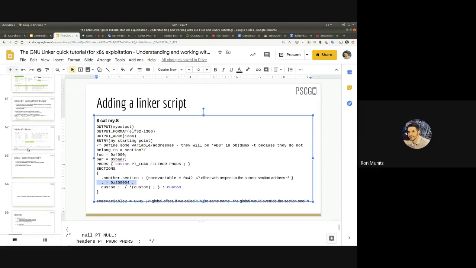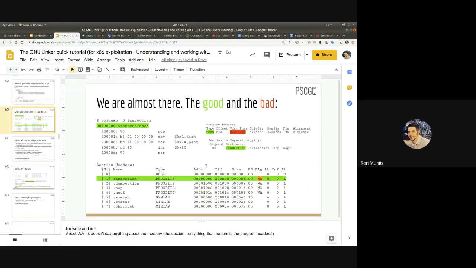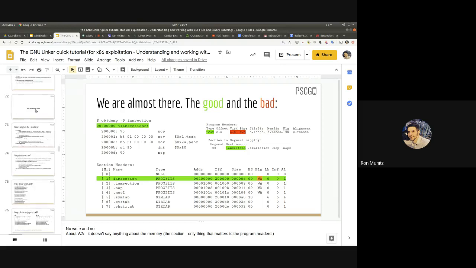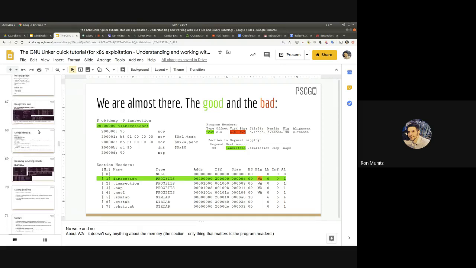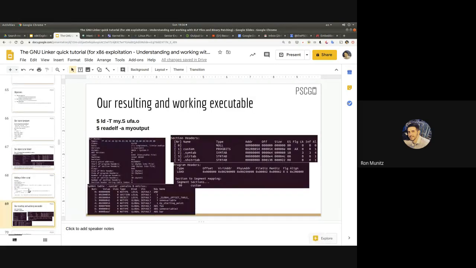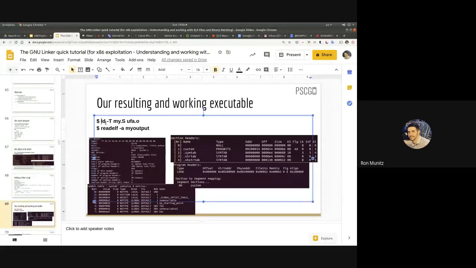So this is the mapping. I remind you from before, we had this red and green. This is going to be the mapping between a section and a place in memory. But before we resolved with a memory. So the result of something like that would be if I link it with my linker script, ld -T my.ld,